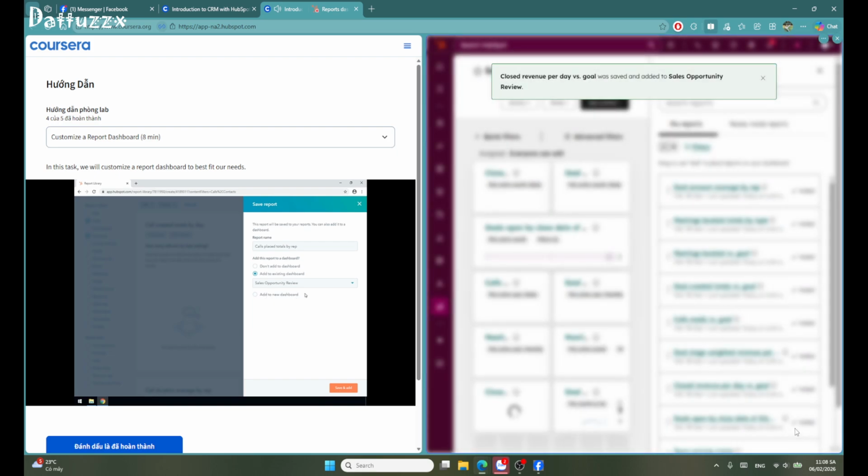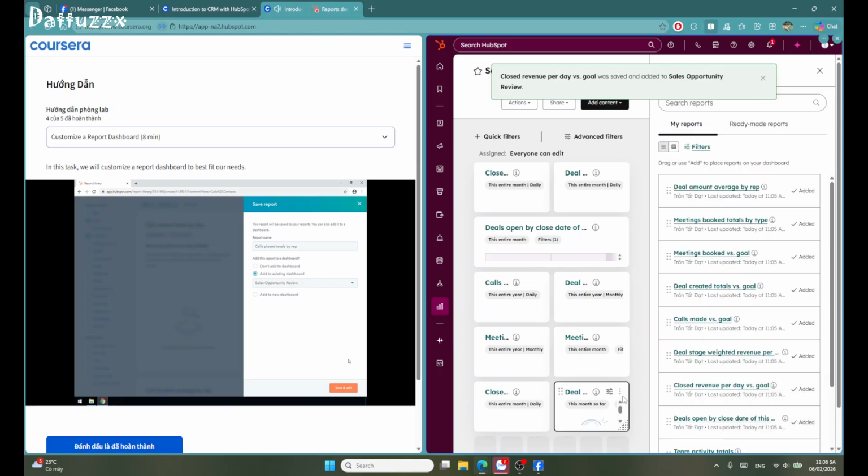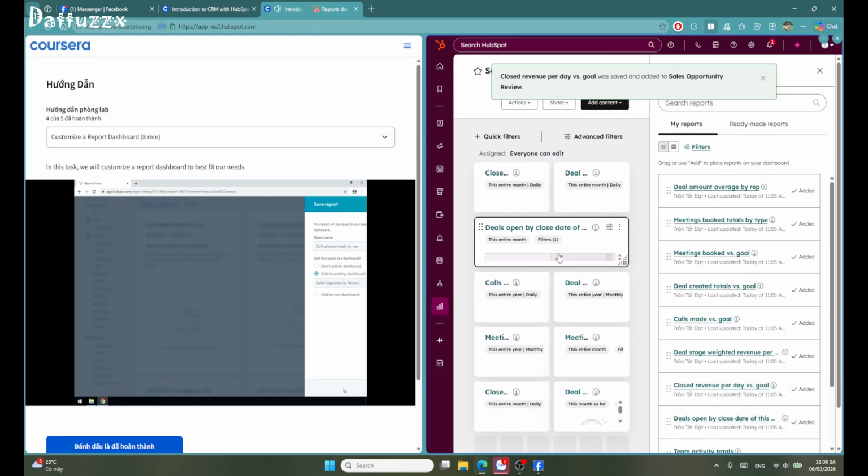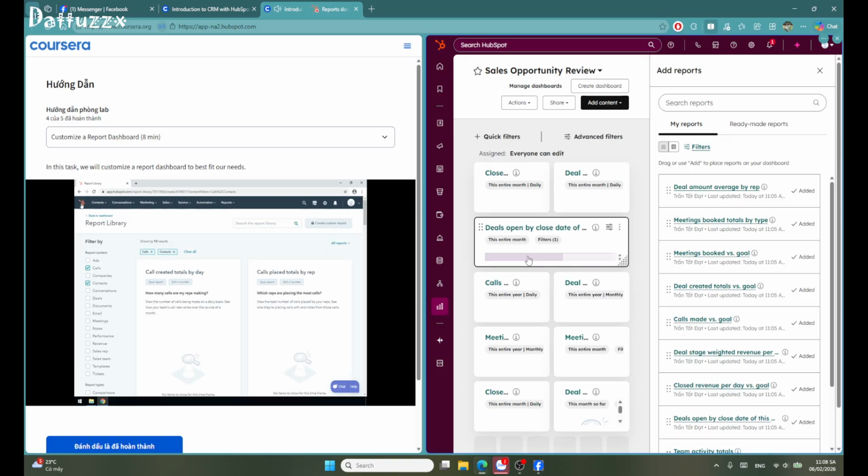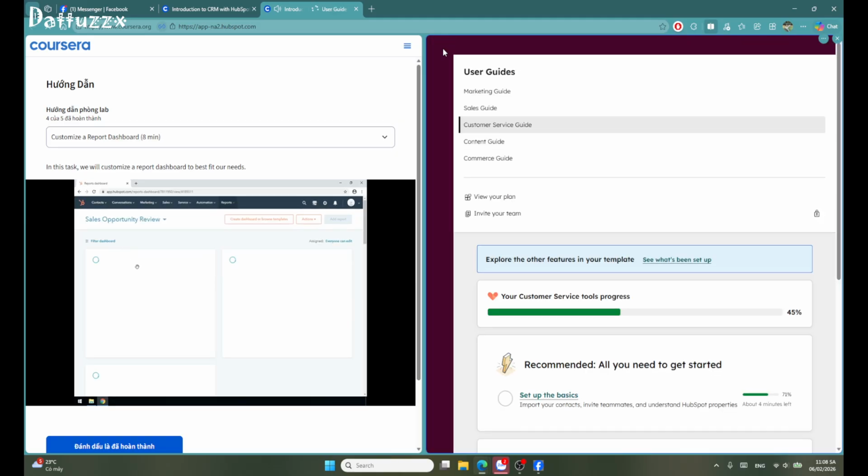So I'm going to go ahead and add to the existing dashboard, and then I'm going to click the Save and Add button in the bottom right-hand side. Okay, and as you can see, there's a notification that it was added. So we're all set there. So now that we have created a dashboard and added another report to our dashboard, if we scroll back up and click on the HubSpot icon again, we'll be